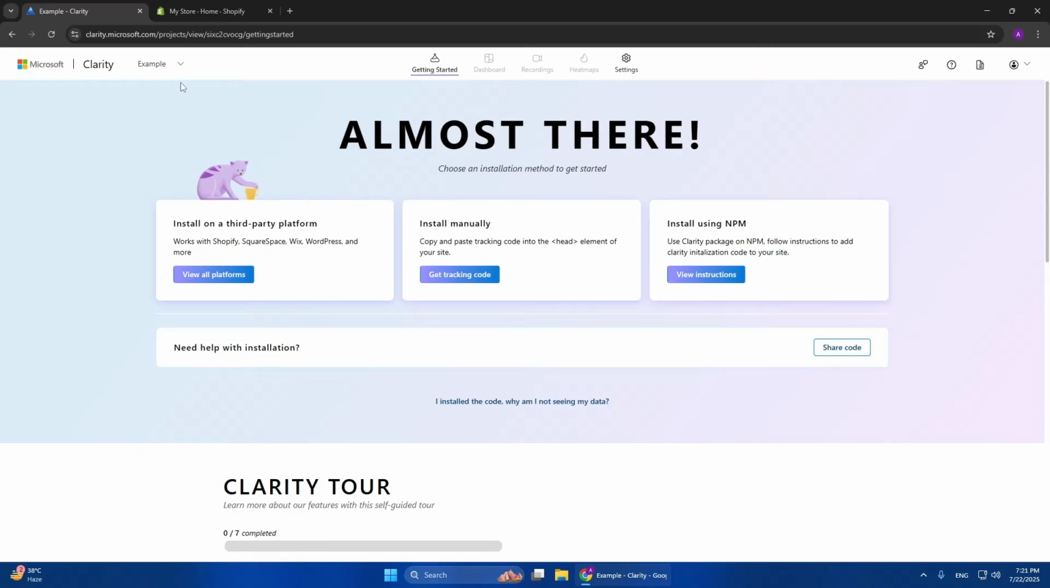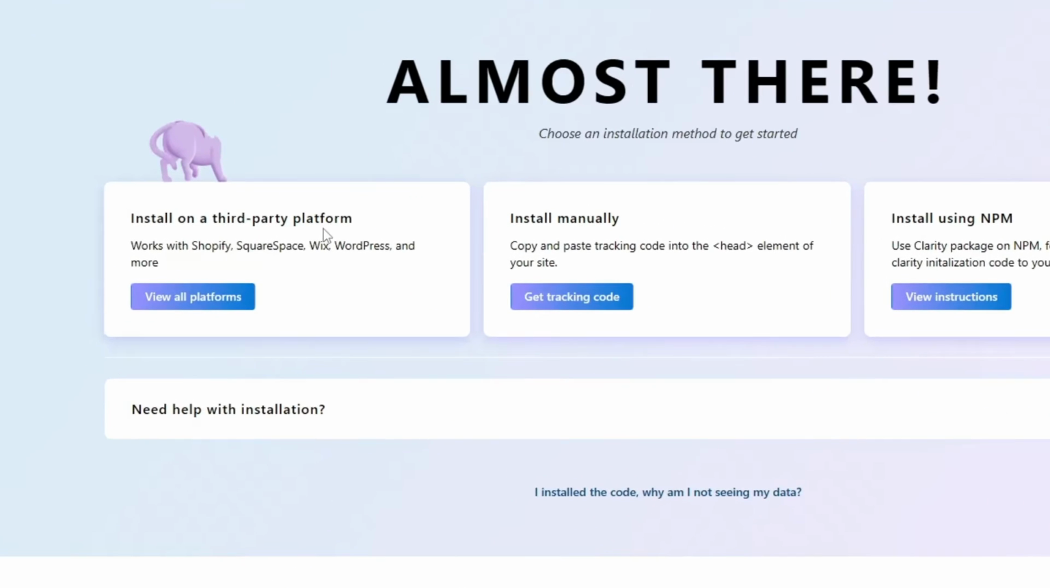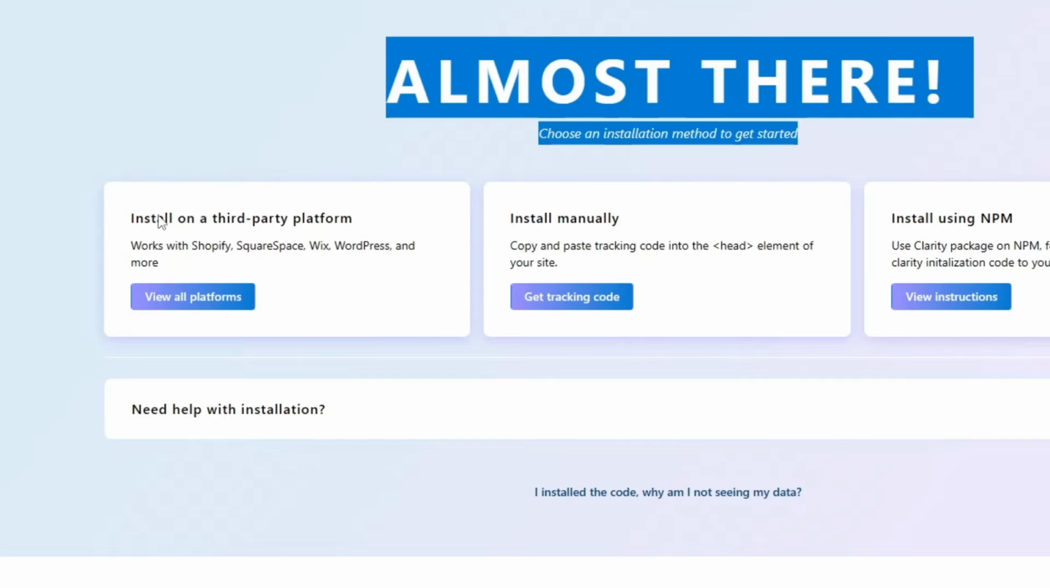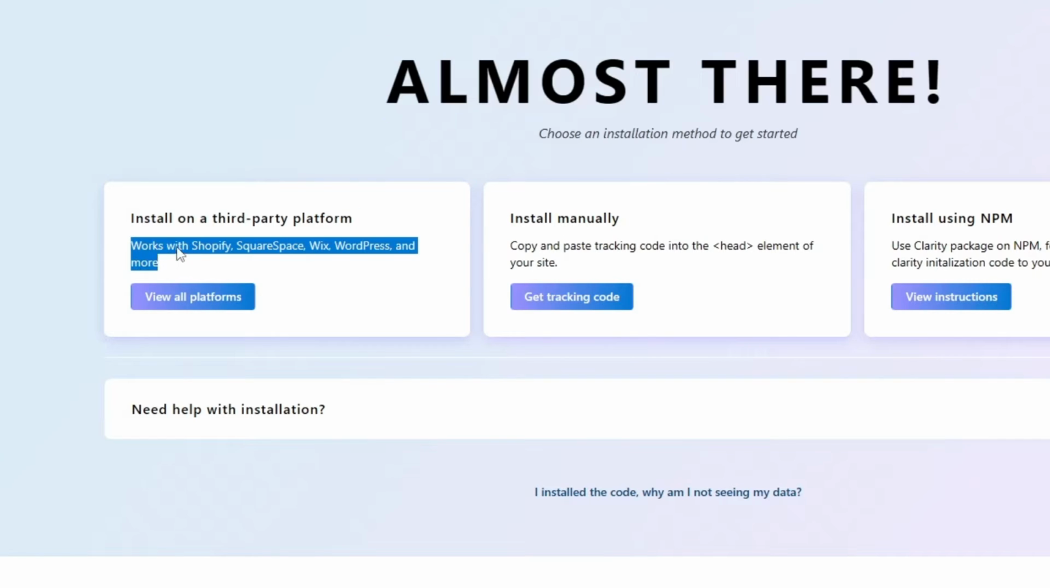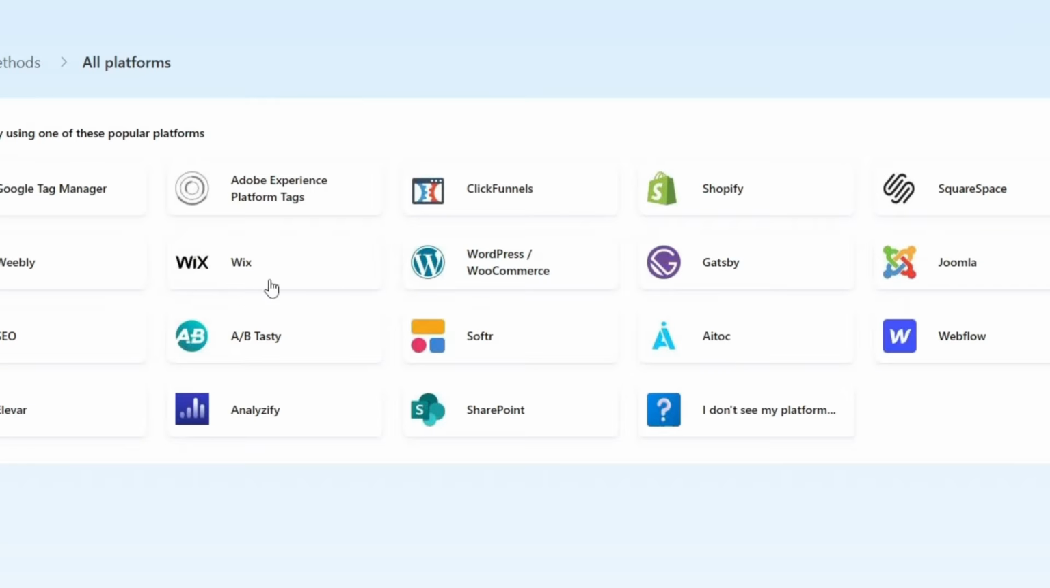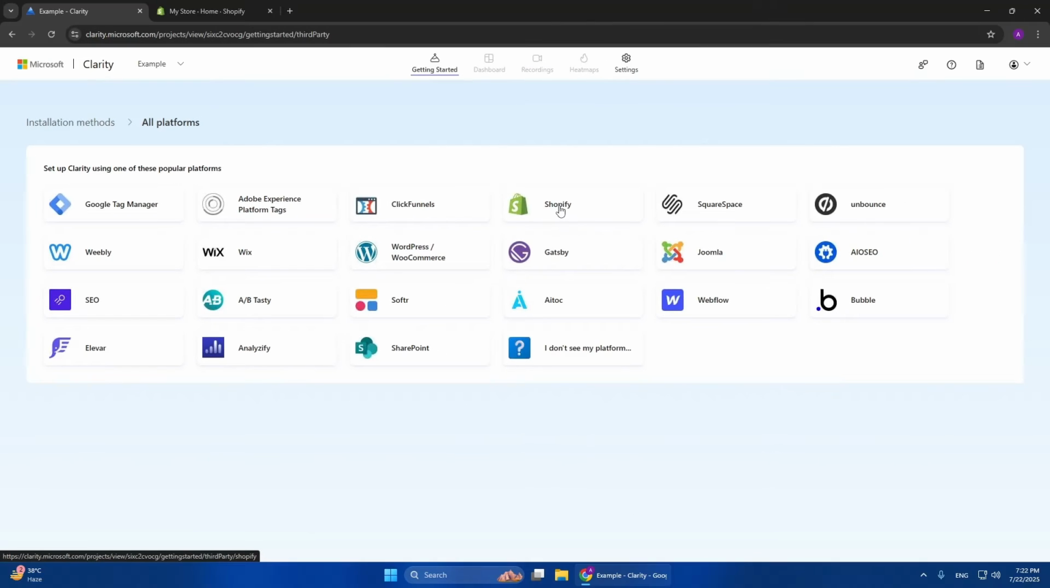Let's start by visiting the official Microsoft Clarity website at clarity.microsoft.com. From here, you'll see two ways to install Clarity. One is by manually copying and pasting a code snippet into the head section of your website. The other is by using one of the supported third-party platforms. Fortunately, Microsoft Clarity supports Shopify directly, so we can use the simpler option and install it from the Shopify App